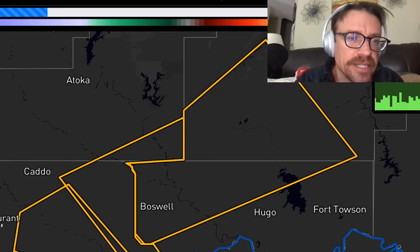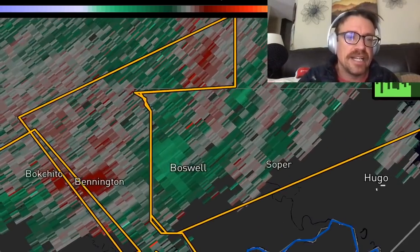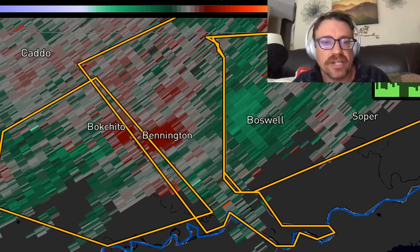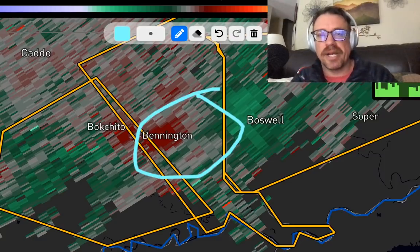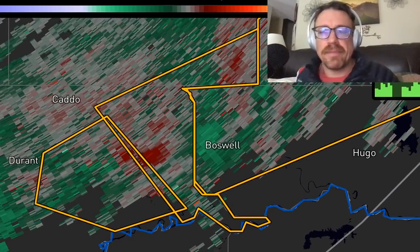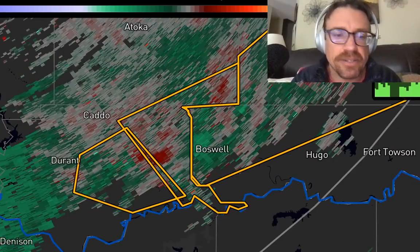It is possible that some of these supercells could become dominant, peel off that line, and potentially become tornadic. But right now, they just have elevated mesocyclones, very broad mesocyclones in here between Boswell and Bennington. But it is enough to enhance those updrafts, enhance the hail sizes out there. I'm not seeing much in the way of low-level mesocyclones with these just yet. And I think the reason is